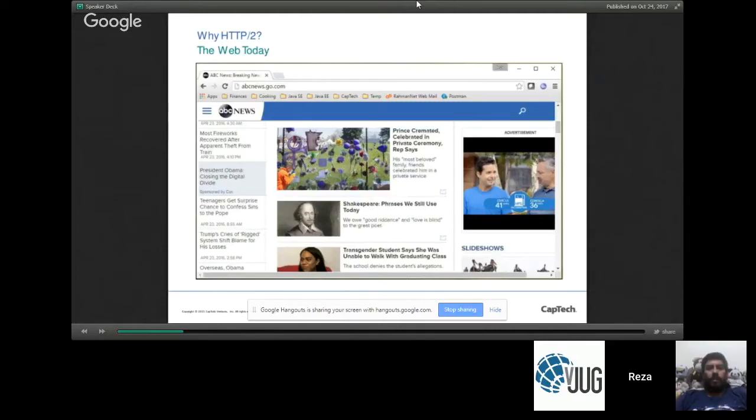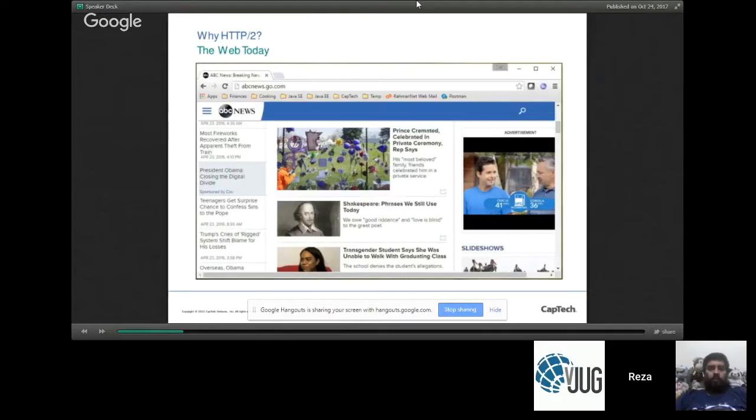What's different about this format is that when you make an initial HTTP request and get the page back, you're not just getting a single HTML page back. What you're getting is a lot of content embedded within that page that is expected to be rendered with that page. So there are going to be a lot of images, perhaps embedded video, embedded sound, certainly a lot of CSS, certainly a lot of JavaScript.